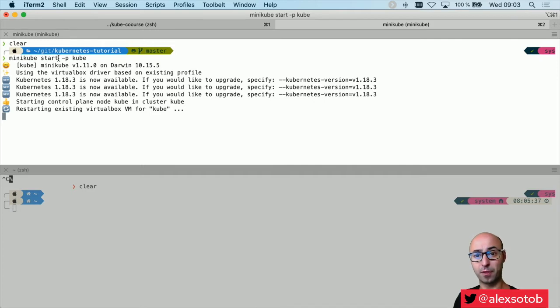And notice that the important thing is that I'm just using -p cube, because Minikube allows you to create profiles. So you can have many clusters. You can even create several clusters at the same time and do some kind of